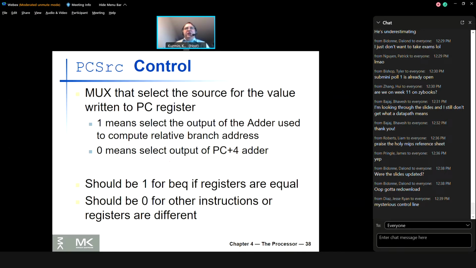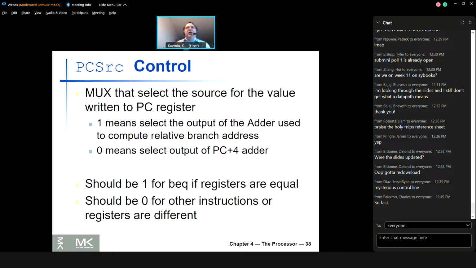Next, PC source. This one I think we already talked about. This is a selector for the multiplexer that decides what the next value of PC is going to be. So it is either 0, in which case the next value of PC is going to be PC plus 4 from the corresponding adder, or it is 1, which means that we are taking the branch and we have the branch address computed. So the possible values are obviously 0 and 1. 1 is for